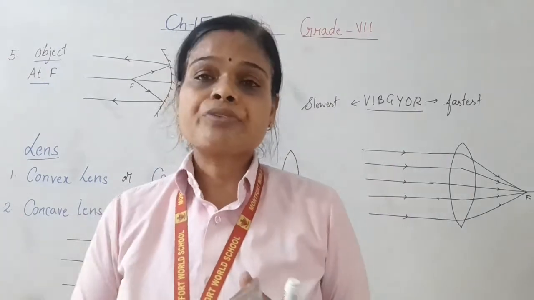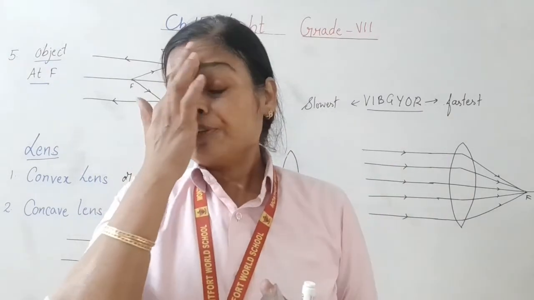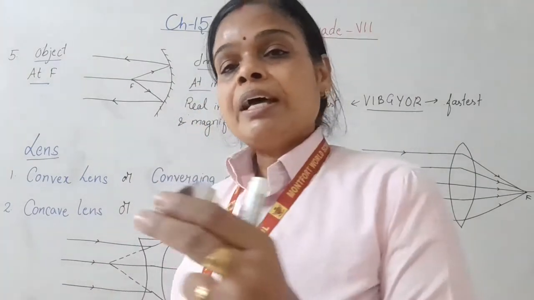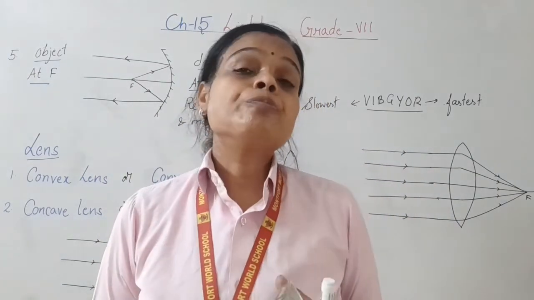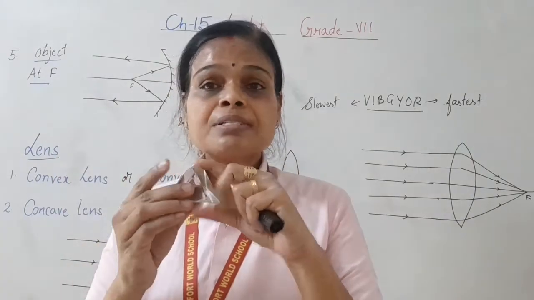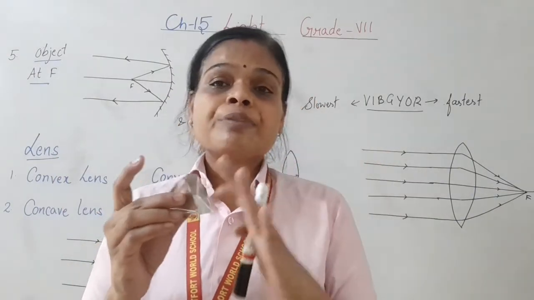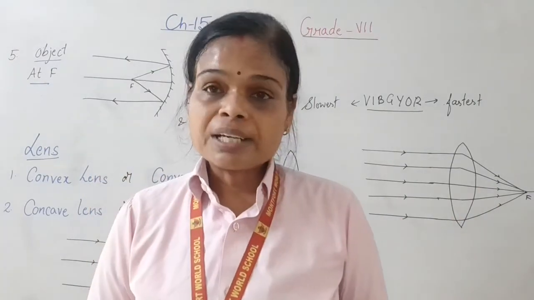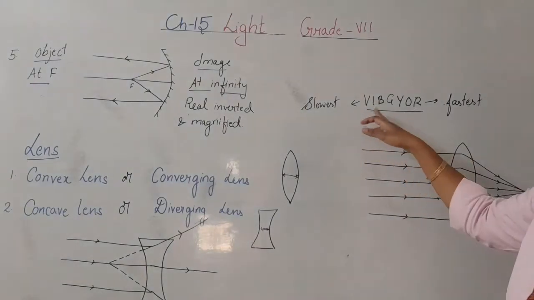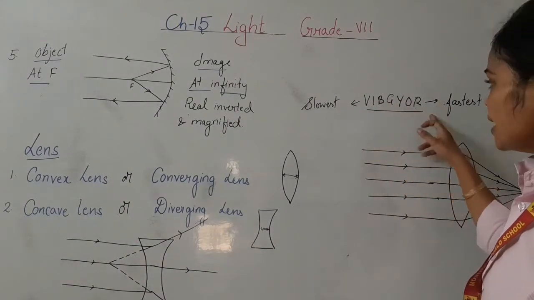Dispersion is nothing but the splitting of white light into 7 colors. The best example is the formation of a rainbow, which has all 7 colors. How can we split white light into 7 colors? We can take a prism and allow the light to pass through it. When it falls on a screen on the other side, we see that the white light has been split into 7 colors: violet, indigo, blue, green, yellow, orange and red.